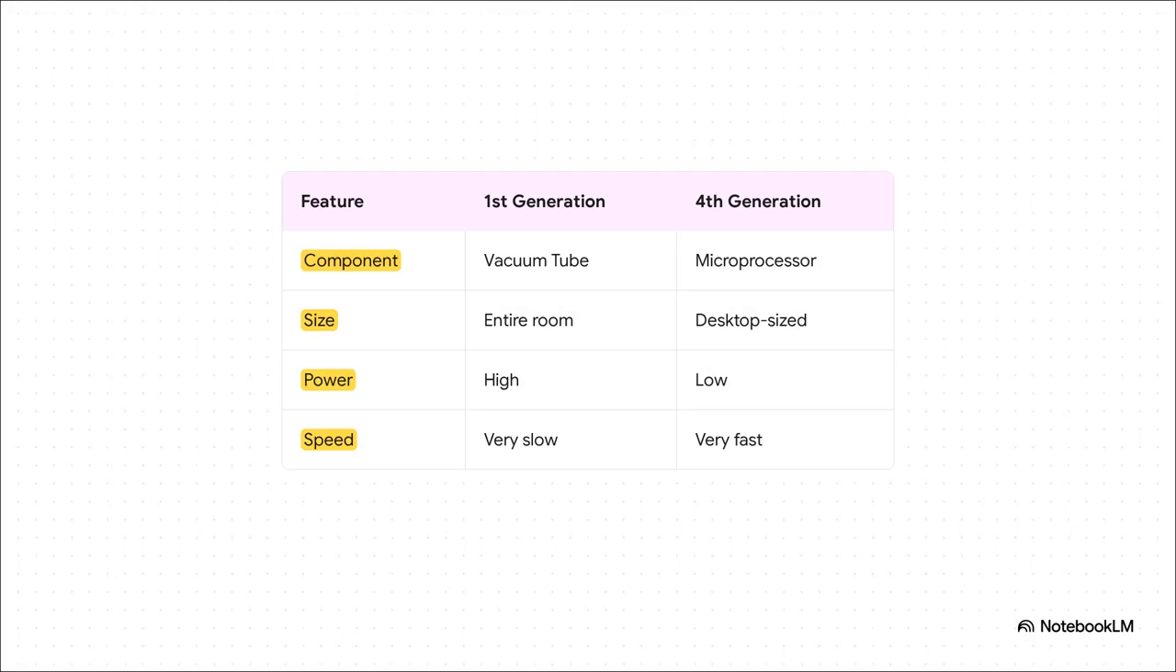And the difference between these generations is just staggering. A first-gen machine like ENIAC used thousands of fragile vacuum tubes. It filled an entire room and it guzzled electricity. Now compare that to a fourth-gen PC, built around a single microprocessor. It fits on your desk, sips power, and is just astronomically more powerful and reliable. That incredible leap is all thanks to one thing: getting better and better at packing more power onto a tiny